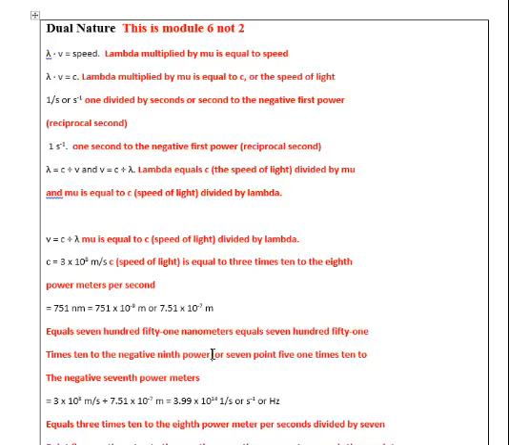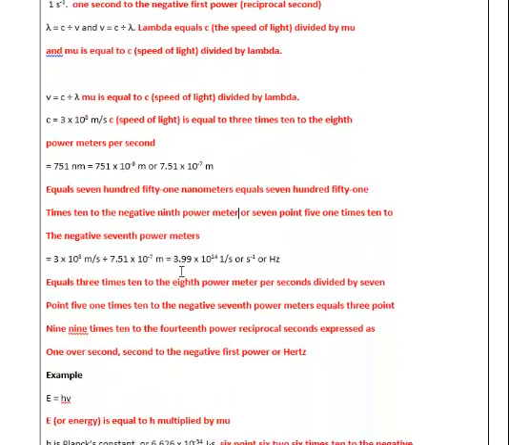Let me write that in here. Meter. Or 7.51 times 10 to the negative 7th power meters. Mu equals 3 times 10 to the 8th power meters per second divided by 7.51 times 10 to the negative 7th meter. Okay, hold on a second. Okay, that's right, I have it written right. Equals 3.99 times 10 to the 14th power reciprocal seconds, or second to the negative first power,